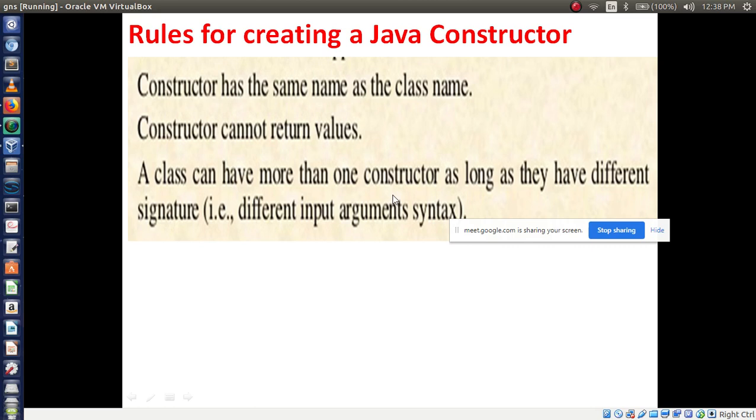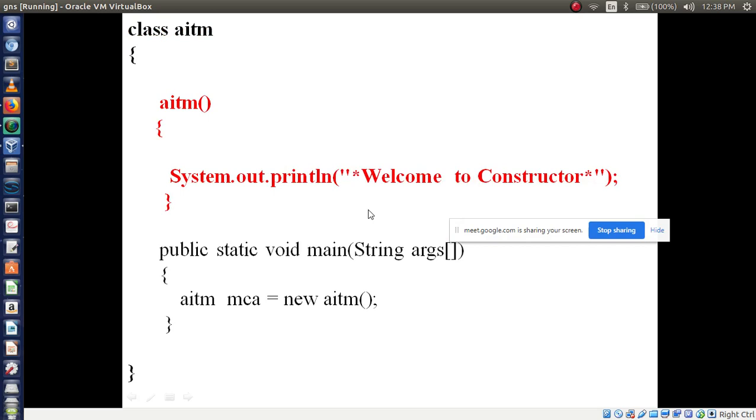I will tell you this later, okay? But from this slide, just remember: the class name is the same as the constructor name, a constructor cannot return values, and a class can have more than one constructor. These are our rules.